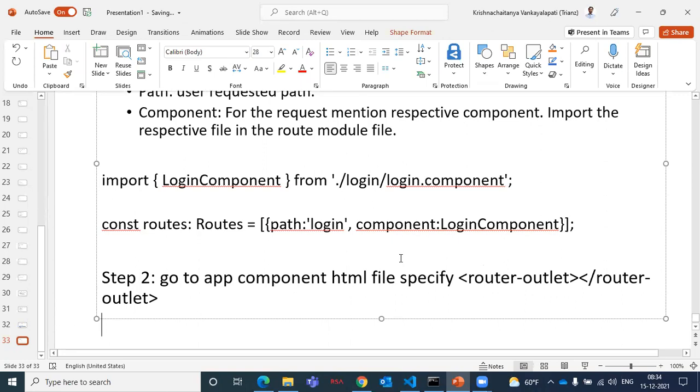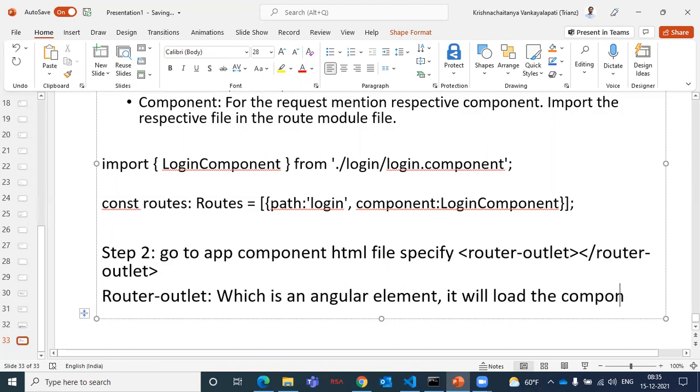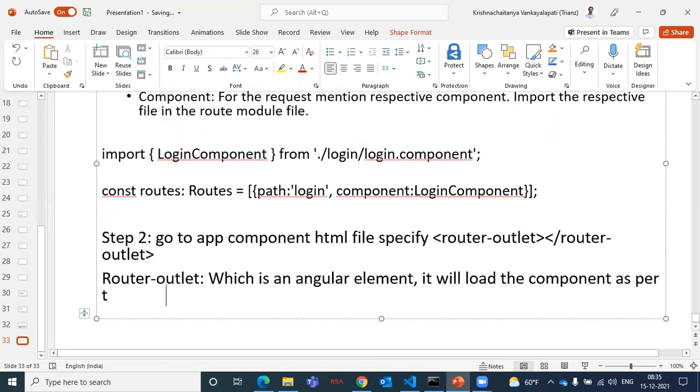Take it as a subheading: router outlet, which is an Angular element.